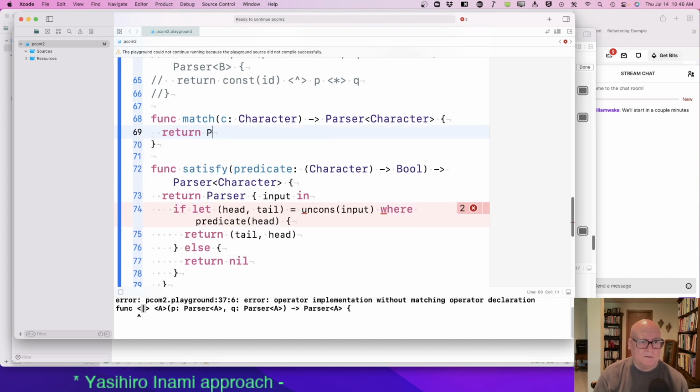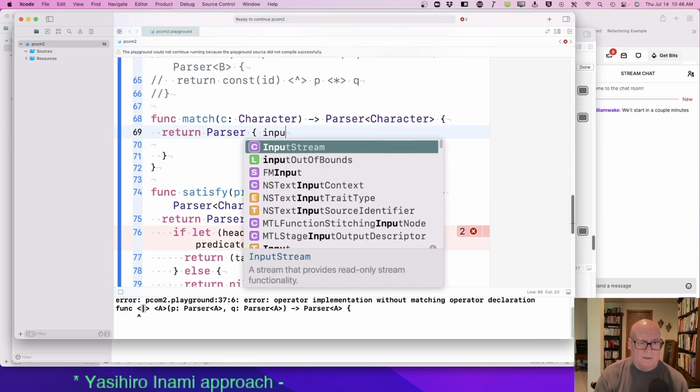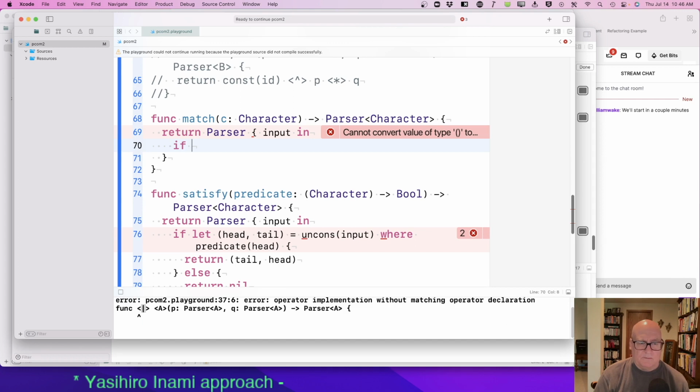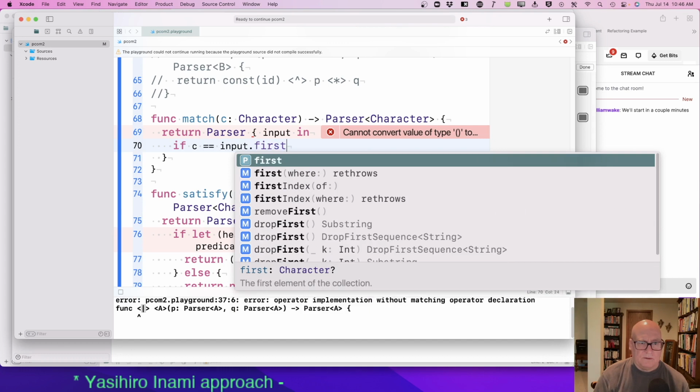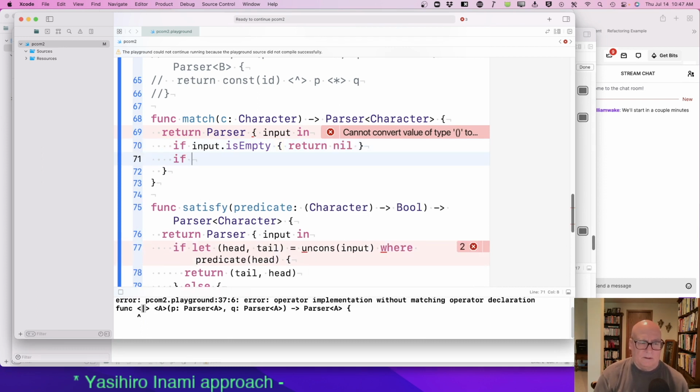Okay, so the parser takes some input, and what does it do? Well, it's a function from input to optional pair. All right, so if C equals input dot first, well, how about if input dot is empty, return nil. Okay.